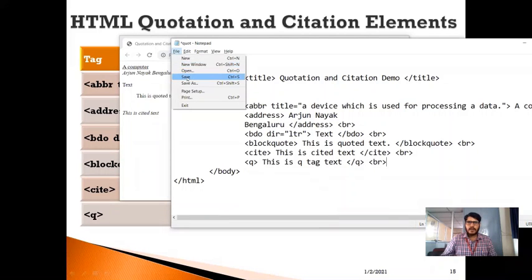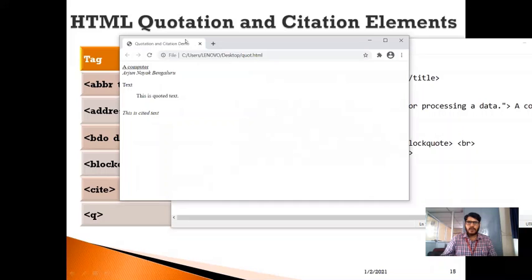So now click on save here, go to the web document and reload this. Now you can see this is nothing but the quoted text. It has been quoted within double quotations. So like this, we can use quotation and citation elements in HTML.